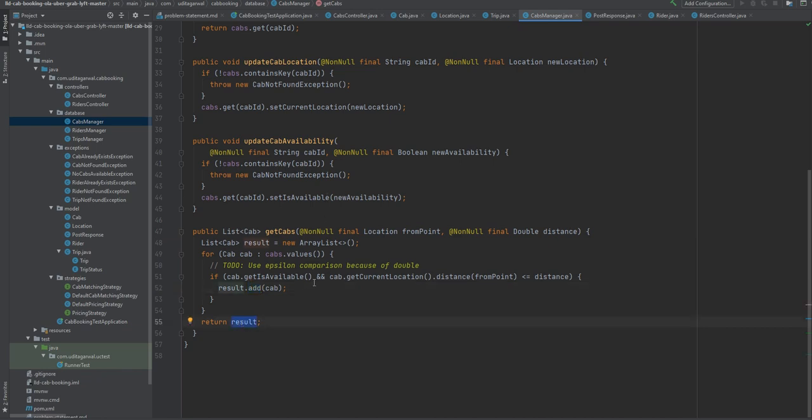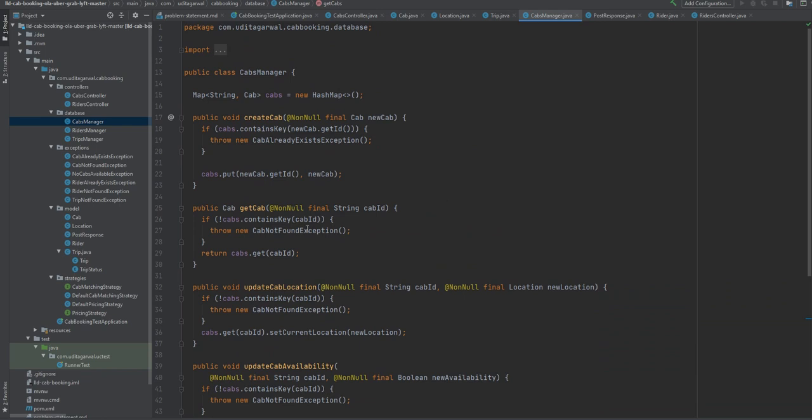So this is a helper method so that whenever a rider requests a cab, we will see what all are the nearby cabs in the system, right? So that we can return those cabs to another manager, and then that manager can use those cabs to show them to the user, right? So that's the whole idea of using get cabs. We'll come to this again when we go to the trips manager, because this method is getting used over there. But yeah, that's the whole point of creating a cabs manager. It just provides you interaction with the cabs.